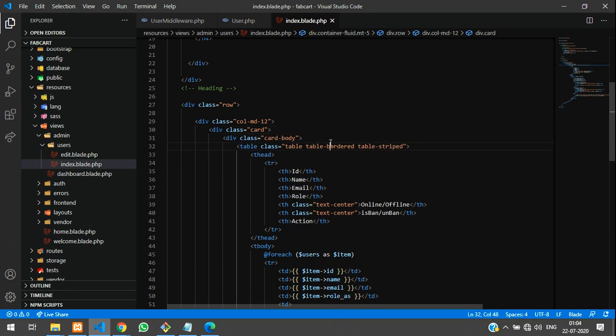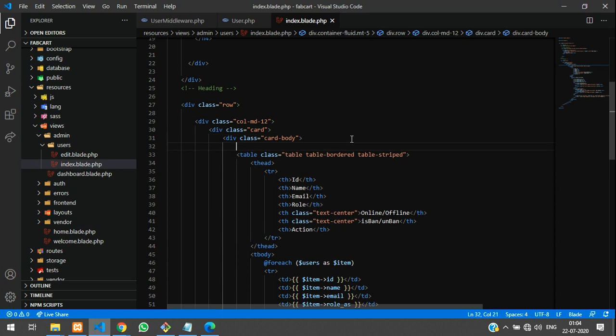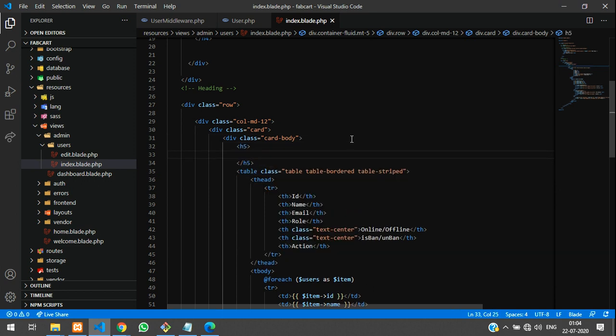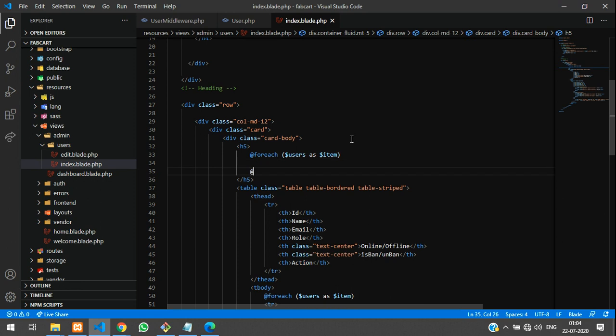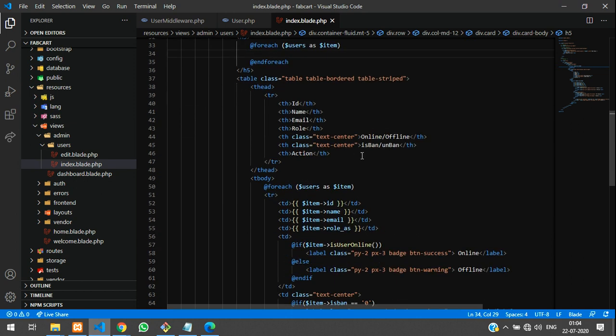Let me add an h5 and a foreach loop, where I will check whether the current user is online or not. For that we have to copy this variable, the is online function. So let me copy this.